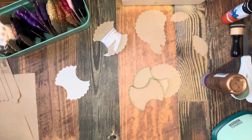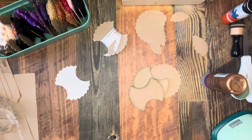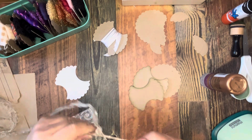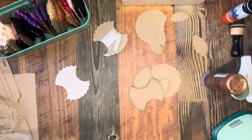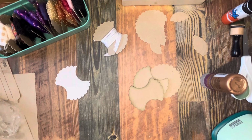I think I'll do about 3, well, I might as well do the whole thing. And I would like to show you how I measure, but I just don't want to put the camera on myself, so I'm not going to. If I can find a video on YouTube of someone doing that, I will link it below. It might be something you'd find in a sewing